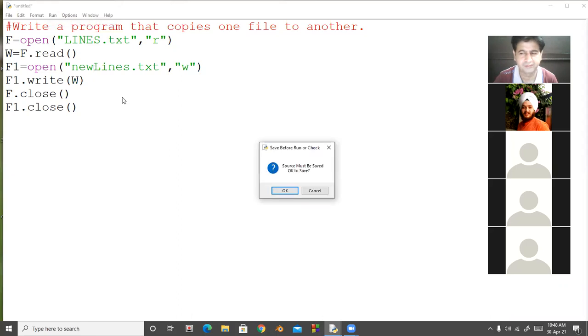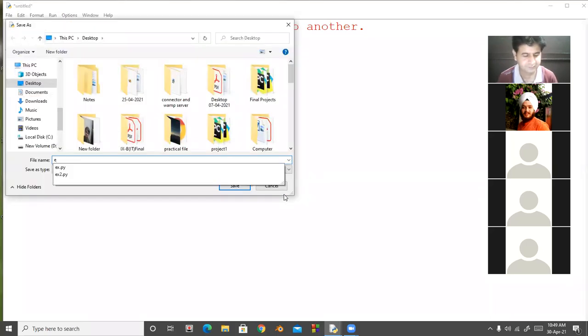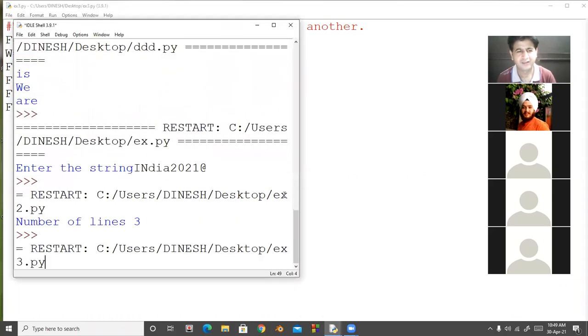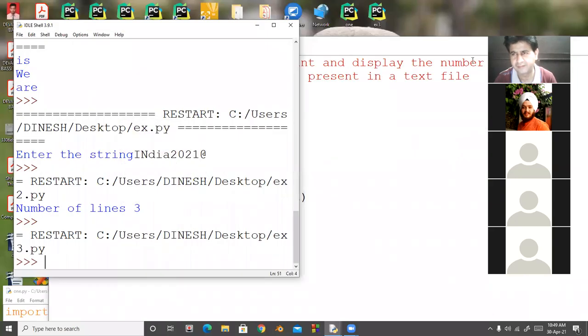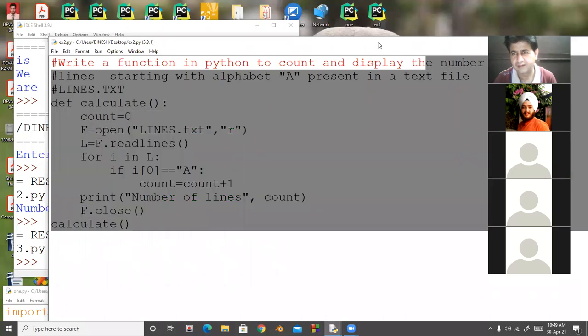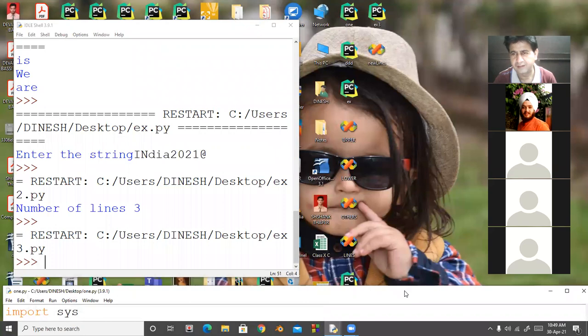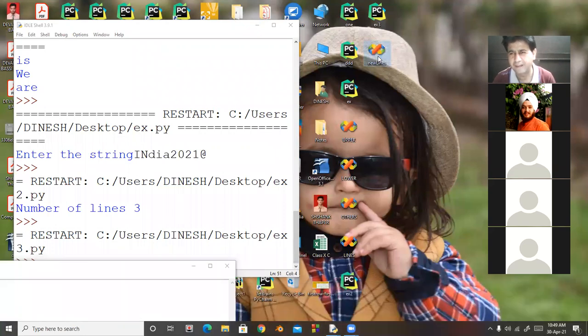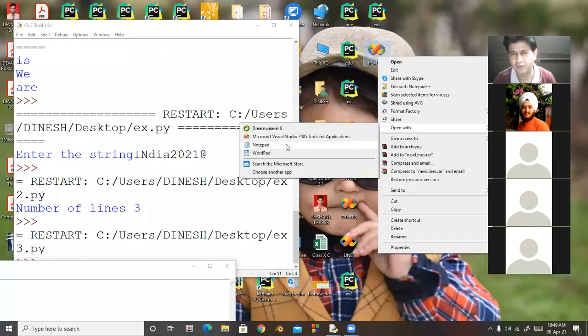I run the program. So look at here, I minimize the Python. Here a new lines file is there. I open the file in Notepad.